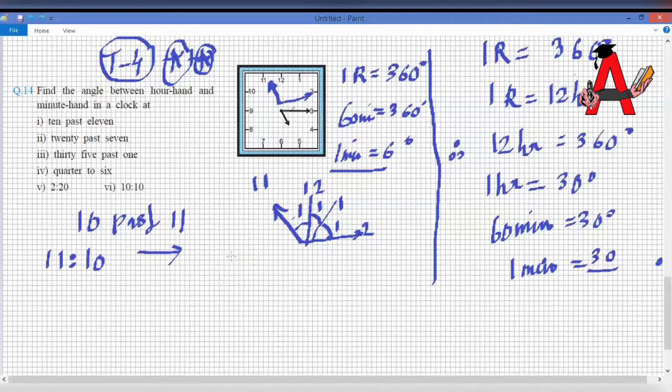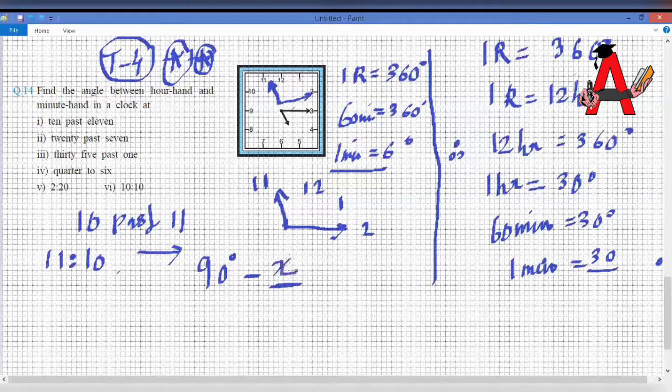What is the difference? This hour hand is slightly beyond 11, between 11 and 12. Because of the 10 minutes, it is not at 11, it is like this now. So this means the angle will be a little less than 90 degrees. I have to subtract something from 90. Now what is that something? You have to understand. Now that something is 10 minutes. In these 10 minutes, from 11 to 11:10, how much did the hour hand move? That is where we'll have to subtract that part from 90.